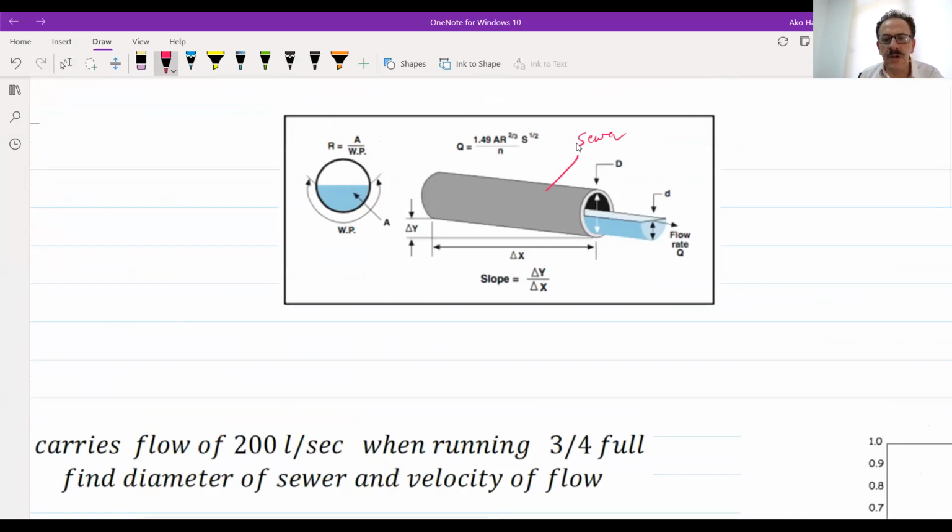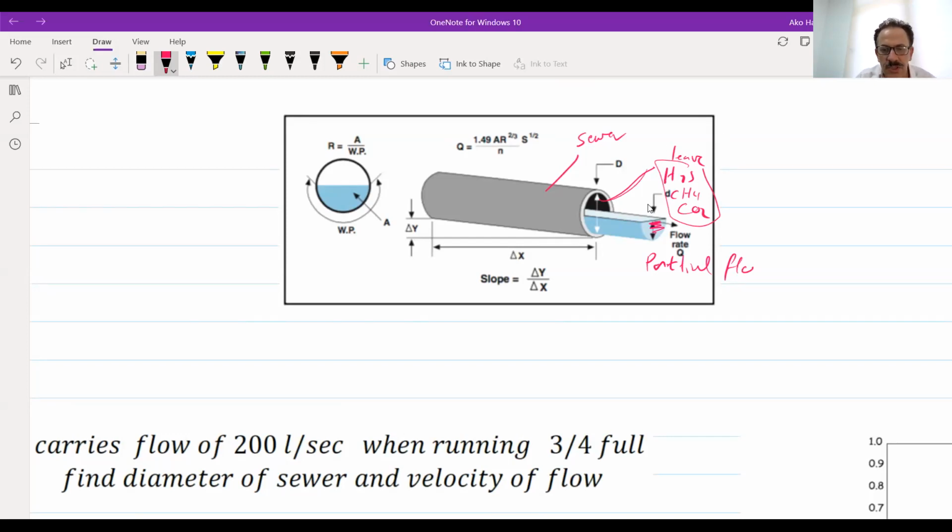In the sewers, we don't have fully flowing pipes. We have partial flow. So usually you have to leave a space, a volume. Why do we need this? Because there will be an aerobic reaction. There will be H2S, methane gas, and CO2. So these are the gases, and we have to let these gases escape. Otherwise, we will have a collapse.